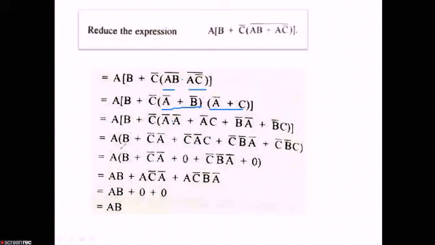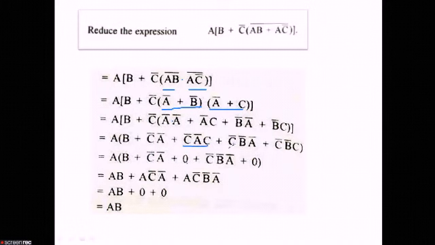While simplifying, what we will be getting is A(B plus C bar) then, two A bars, we can write one A bar here. This is A bar plus A bar C plus B bar A bar plus B bar C. Now we will again do the simplification. That is, AB plus C bar A, plus this one is C into C bar. This one is C into C bar, which means it is 0. So this term will be 0 here.